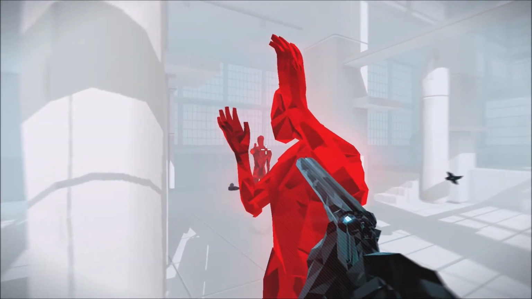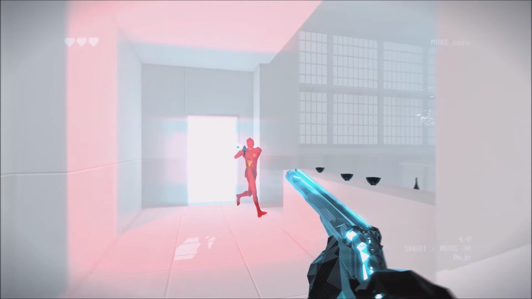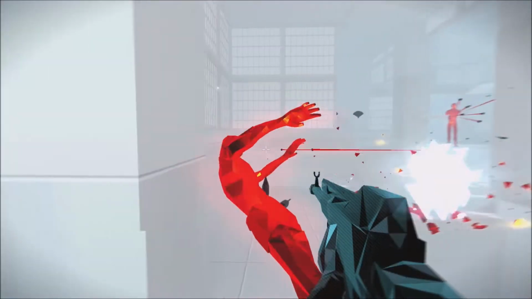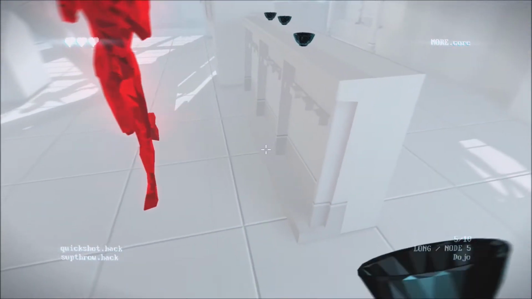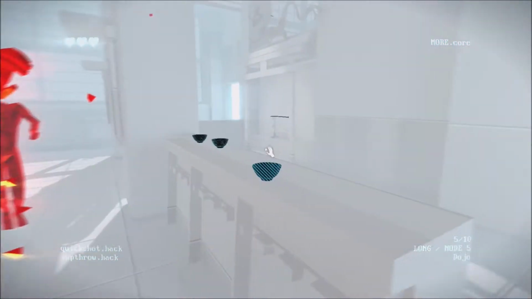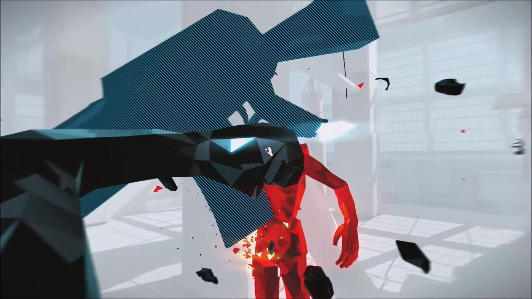I'm one of those folks that never found the original release particularly repetitive, despite it not having any of the modifiers or perks that Mind Control Delete introduces, but Superhot Vanilla had something that this game doesn't have: unique levels with set enemy layouts. This isn't to say that Superhot Mind Control Delete is a bad game, after all it is more Superhot and Superhot is amazing,